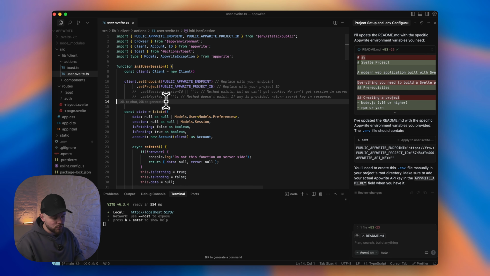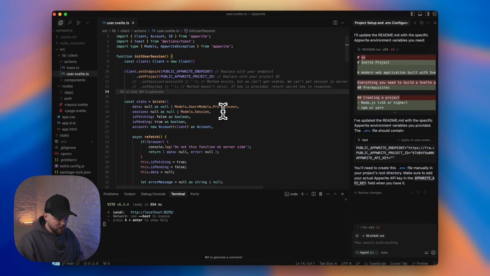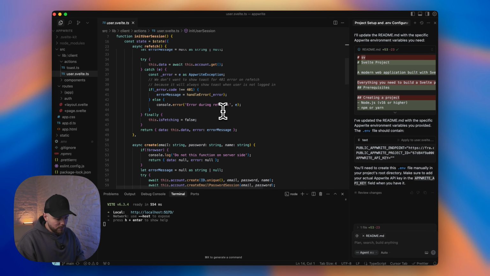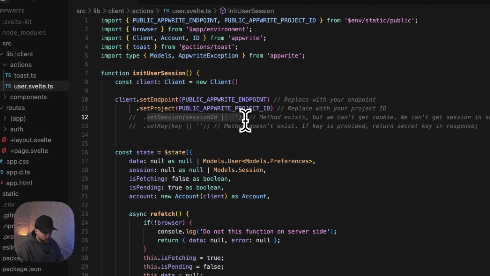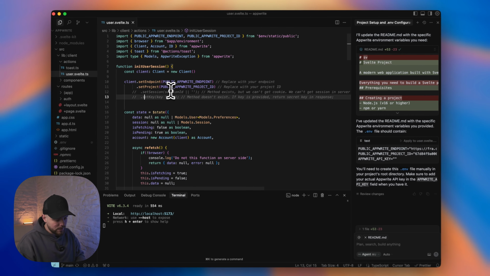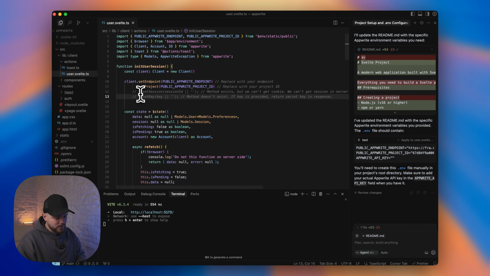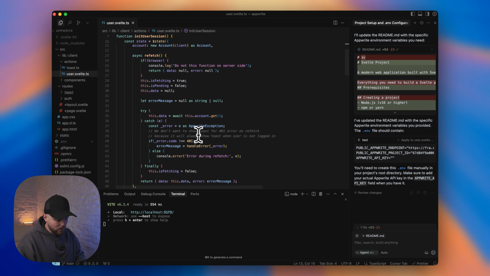Okay, so my conclusion on why we can't use this on the server side is that Appwrite's SDK currently doesn't allow us to set an API key, because we wouldn't expose our API key on the front end. But the web SDK from Appwrite works just fine on the server side too. So basically for the Appwrite client, we have this method setSession, which works. If we manually set this session ID from the cookies, it does set the session and gets us our correct